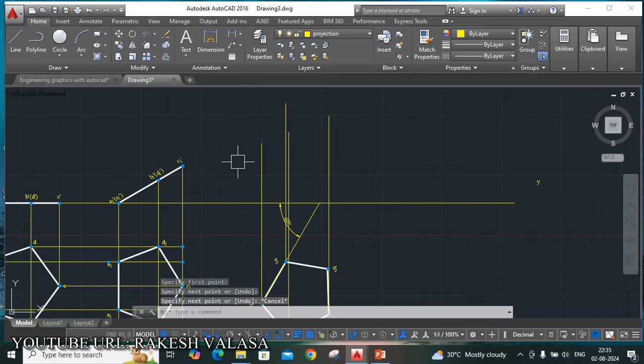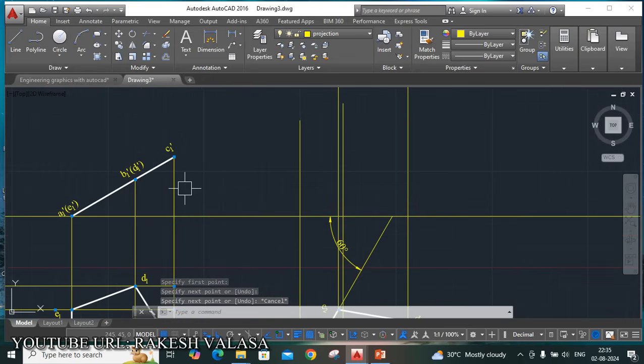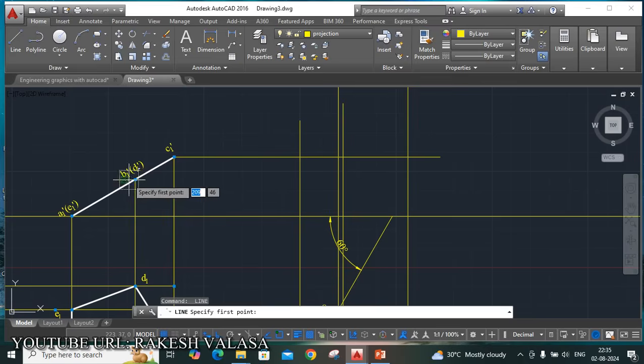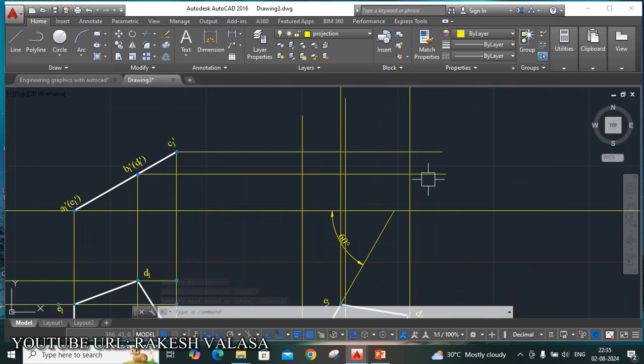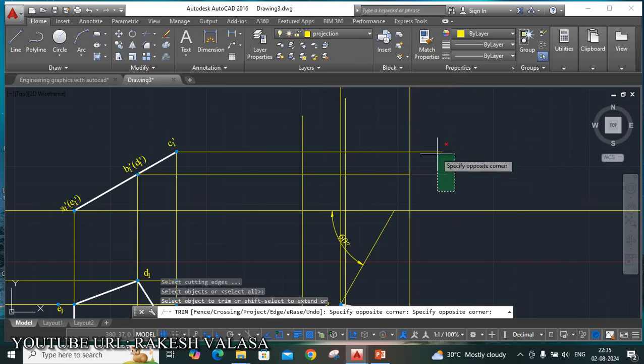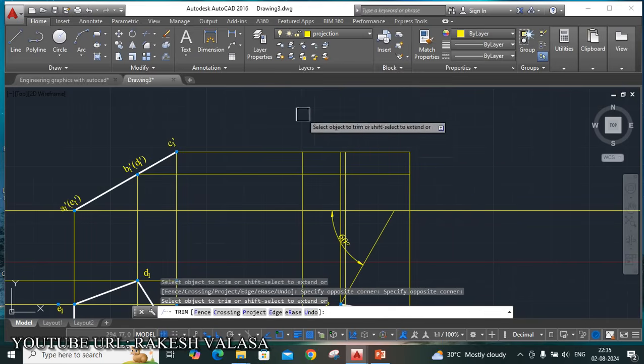Similarly, you have to draw the horizontal projectors from the second front view. That means C1 dash. Next from B1 dash. Repeat same tool from B1 dash. A1 dash is the default XY line. Now trim the unwanted lines, that is this one and this one.